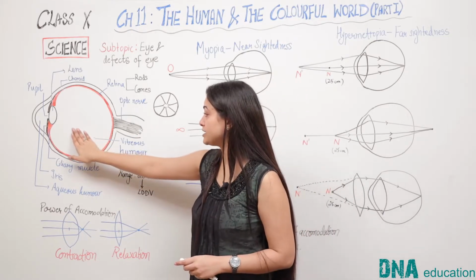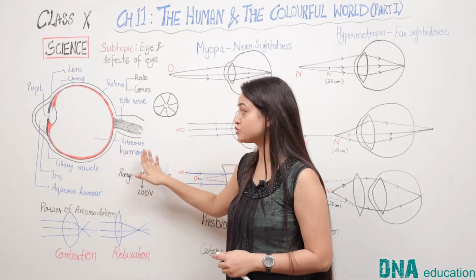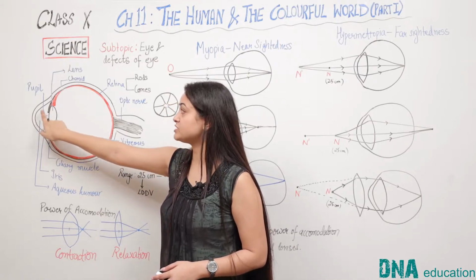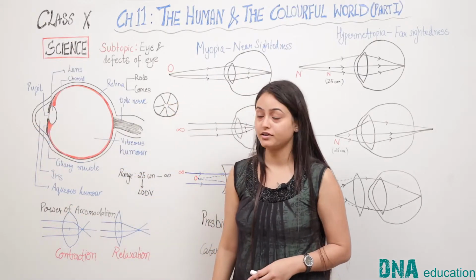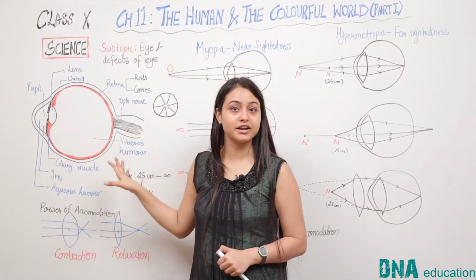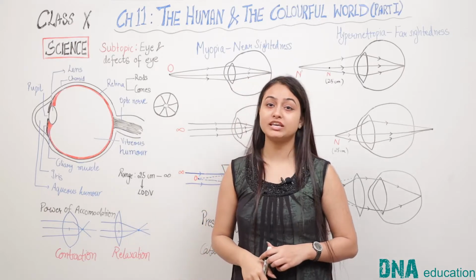Another important part is this vitreous humor. This part of the eyeball is filled with vitreous humor, whereas the space between choroid and lens is filled with aqueous humor. This is all about the structure of the eye. I hope you are clear, and for more details you can refer to our book of DNA Education Key Points